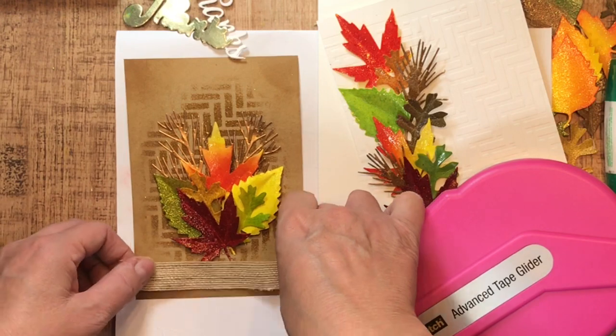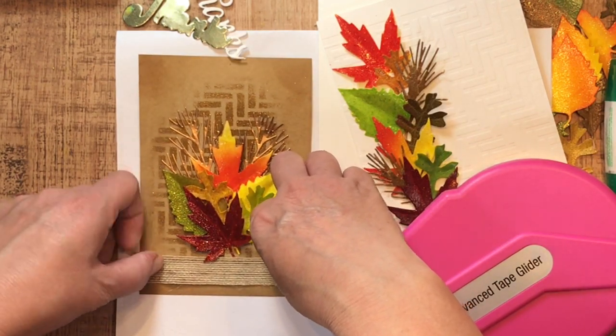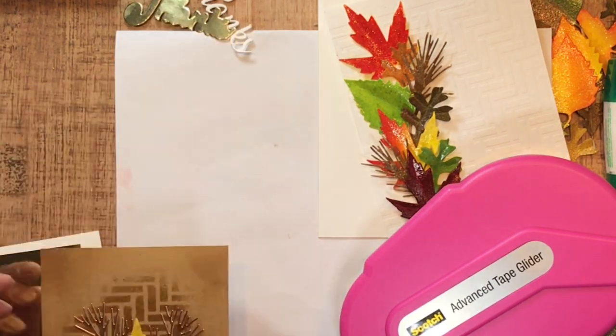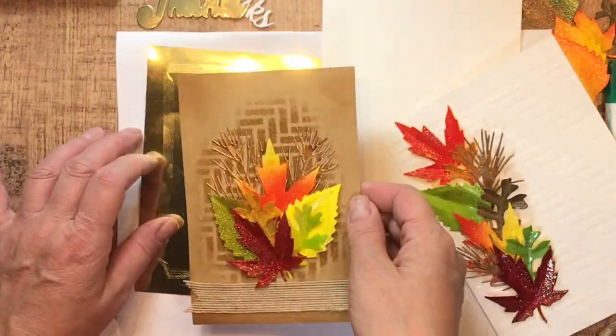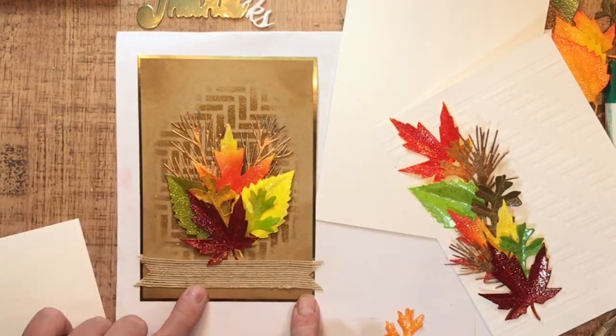So now I put on a couple streaks of my ATG, and I've got a little bit of burlap here, and I'm going to layer this piece up here with some foiled paper just to add some extra drama and shine to my project, and get that stuck down. Of course, I'm looking at that thinking, boy oh boy, that's a waste of foil paper,